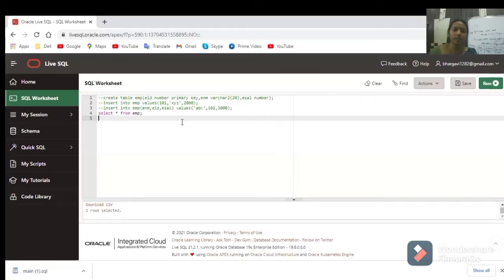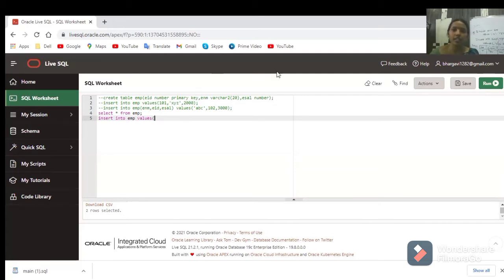Now we'll insert other records into the table. So simply, if you want to do it, just follow the first syntax. Insert into table name. So what is the table name? Employee. Then values. So 101, 102 is over. Why? Because it is a primary key. If you write 101 or 102 again, it will show you an error.